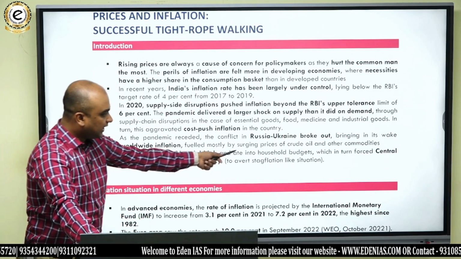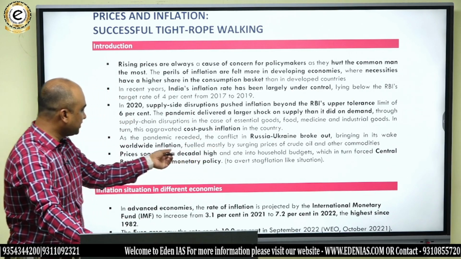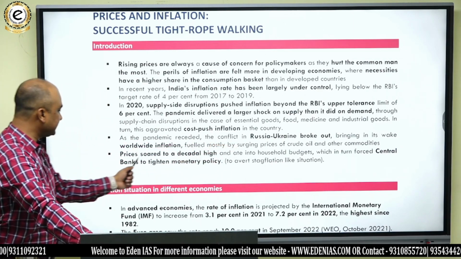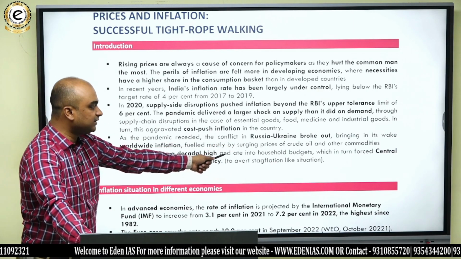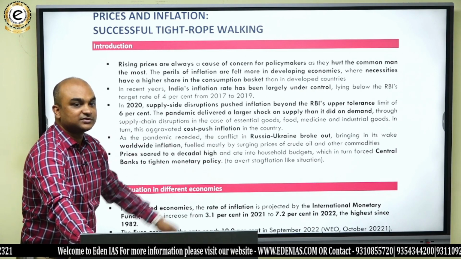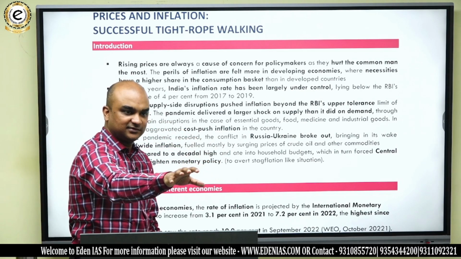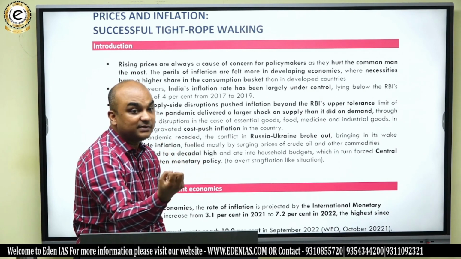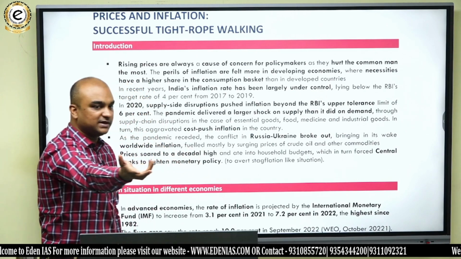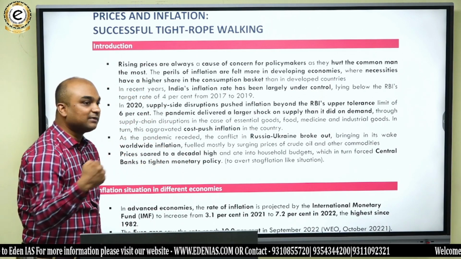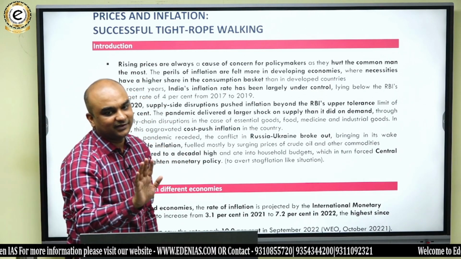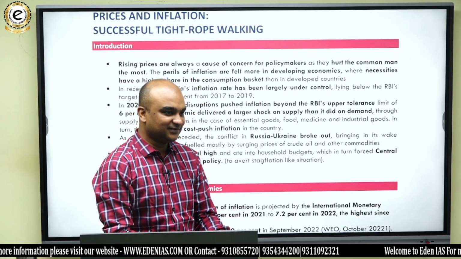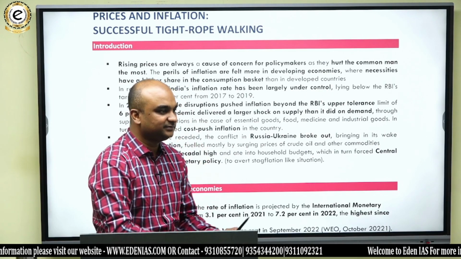See, households budget when the Russia-Ukraine war broke out and COVID-19 happened, which in turn forced central banks to tighten monetary policy to avoid stagflation-like situations, so as to stop the run on the banks. Do you understand that? Interest rate बढ़ाओगे तो उधर savings interest rate भी बढ़ेगा, and money becomes attractive then, and that's why you want to keep money in the banking system. तो अब बार-बार बहुत ज़्यादा, मतलब कुल मिलाकर ये है कि ATM कम जाना, UPI कम यूज करवाना. इन्फ्लेशन के टाइम पे यही होता है टारगेट.